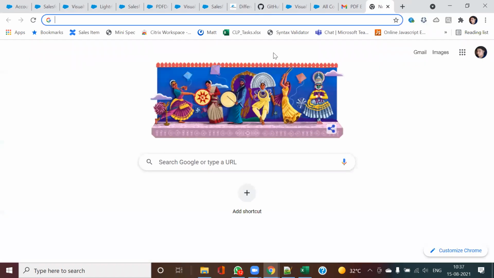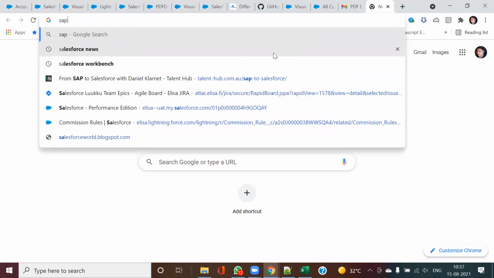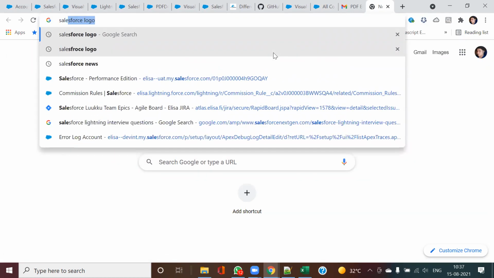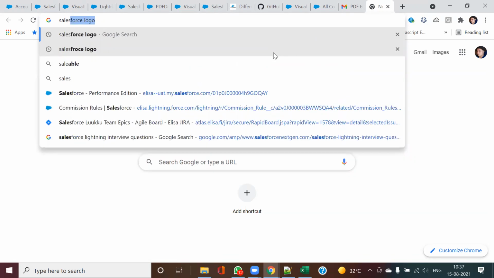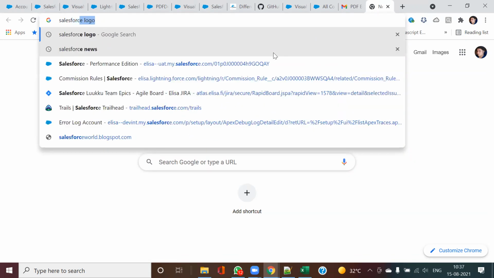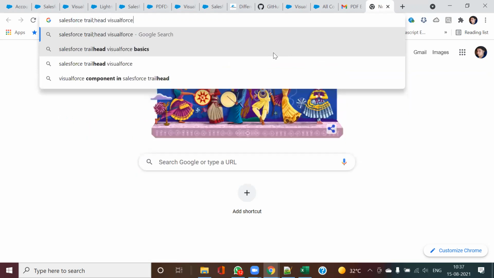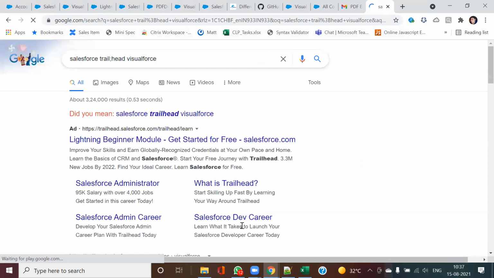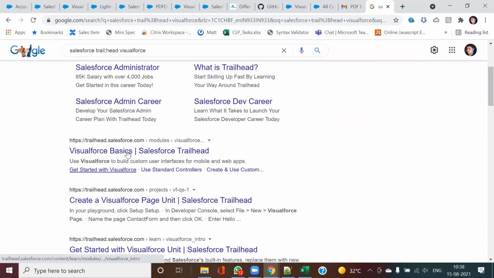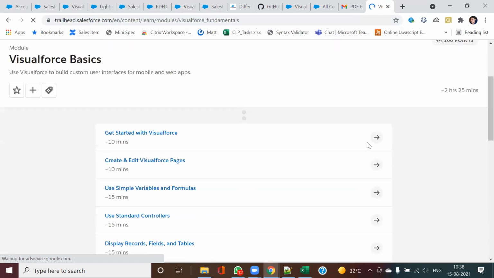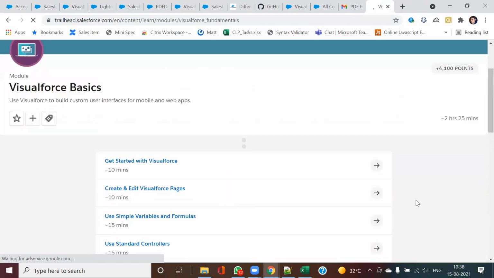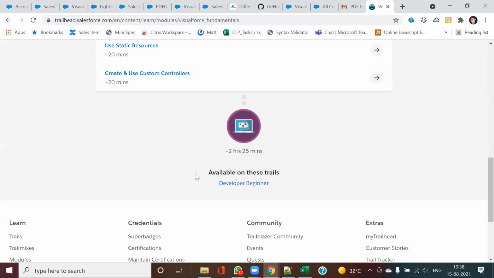I remember I did one Visualforce Trailhead maybe in 2016 or 17. These are trails I can follow. It's there, still, you were asking.